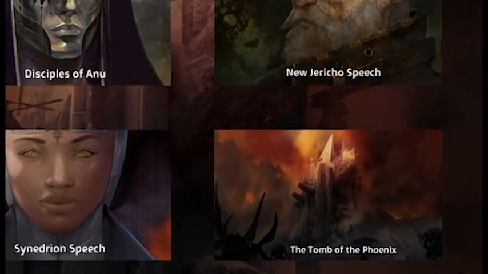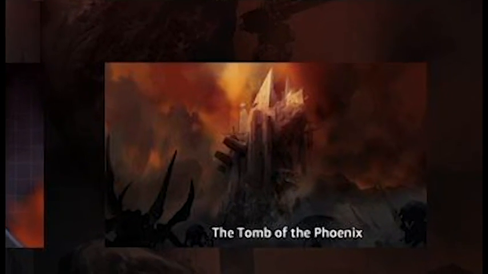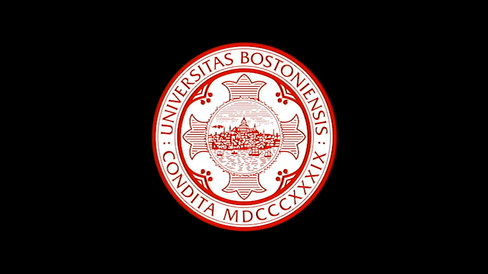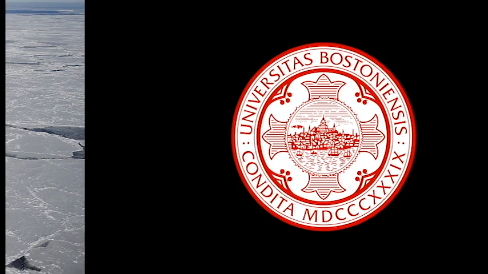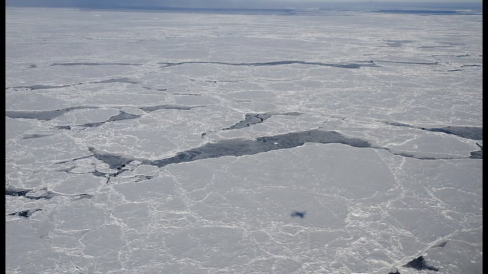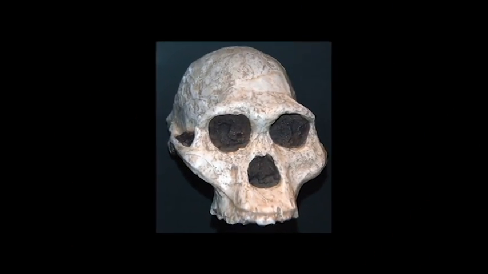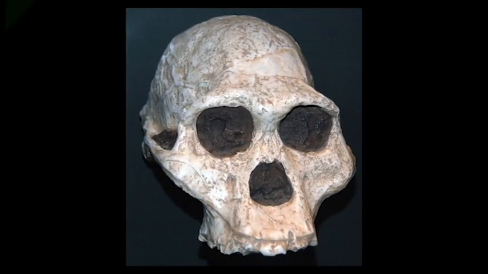And then there's The Tomb of the Phoenix, a story by Jonas Karatzis which draws heavy influence from At the Mountains of Madness. This story tells of a scientific expedition assembled by Boston University in 1937. This expedition set off to investigate rumors of a mysterious island in the Bellingshausen Sea, off the coast of Antarctica. The expedition discovers that the island is actually an ancient ruined city, built by an intelligent race of hominids that evolved alongside the human race, but brought to the brink of extinction 2.5 million years ago by a virus of